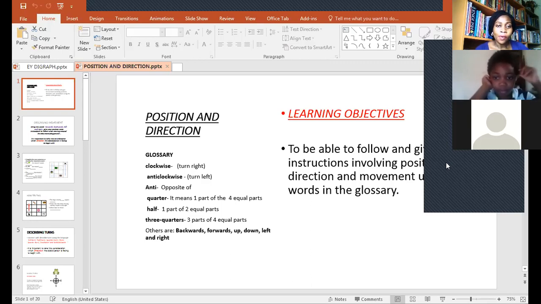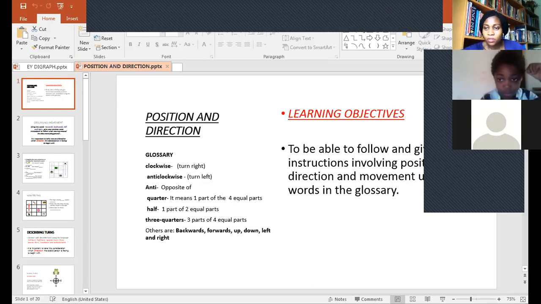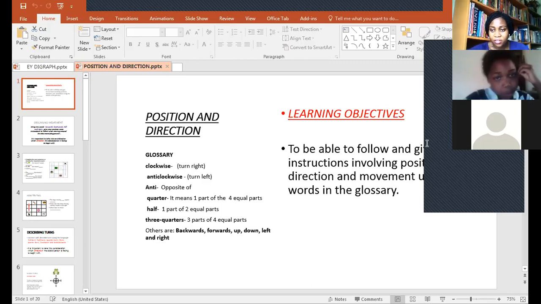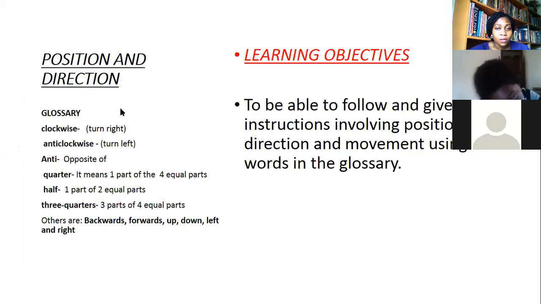Okay, so our new topic for numeracy this week is on position and direction. How to describe position and direction. Now let me take you through some of the words we use in describing position and direction. So these are the words. The first one, please focus on the screen so that you can get what we are doing. So first of all, we have